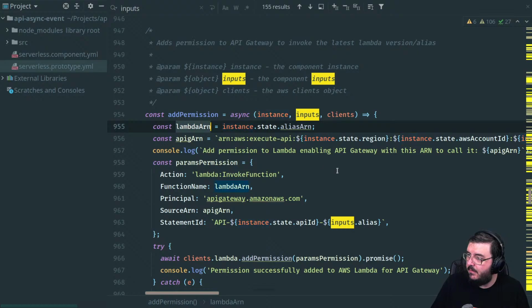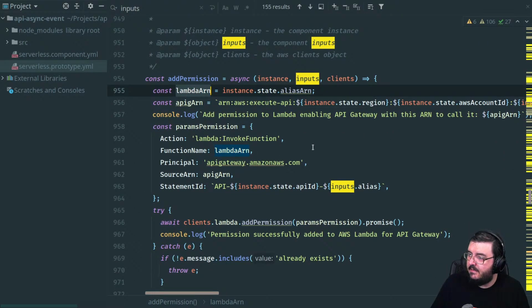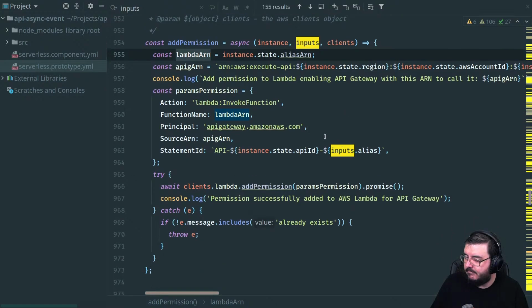Let's see where lambda ARN is used. Okay, so there's the function name. That's really the only place that it's used. So I need the ARNs of my lambda functions, basically.